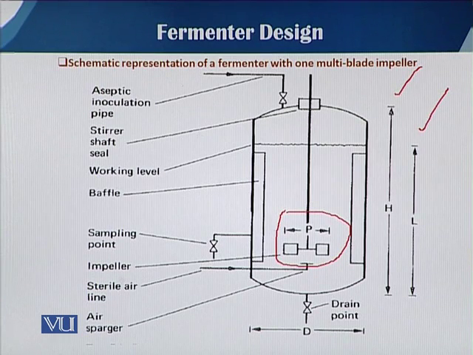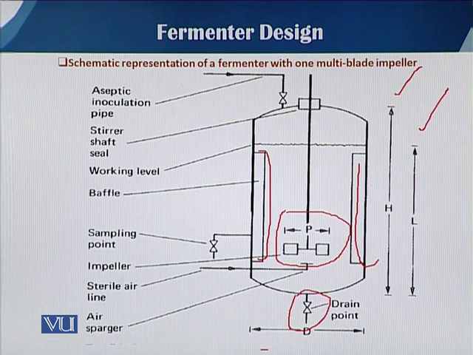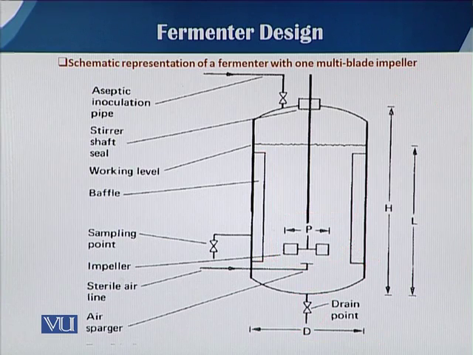But in this slide you can see how a fermenter can have different dimensions and parts. Here you can see the baffles. That is a drain point here. And this is D, the diameter of the fermenter. So if we know H, L, P and D, then before designing a fermenter